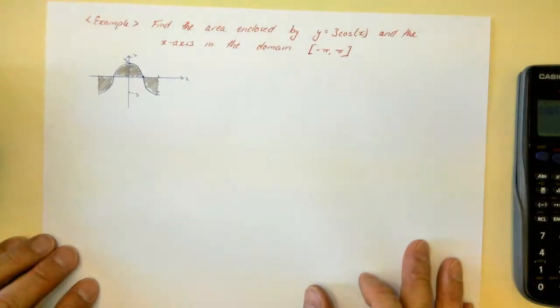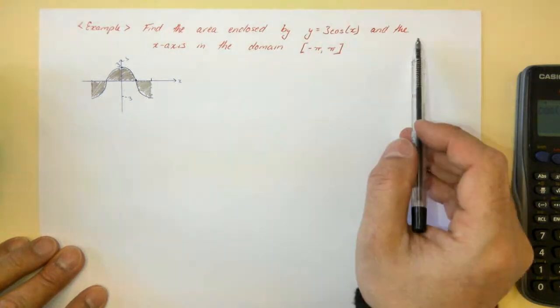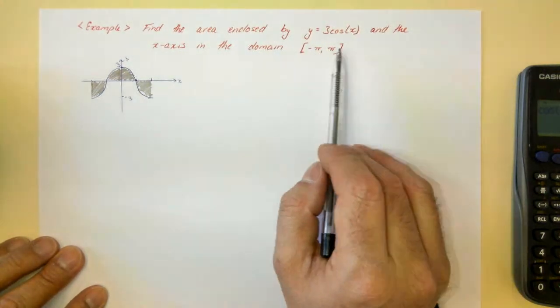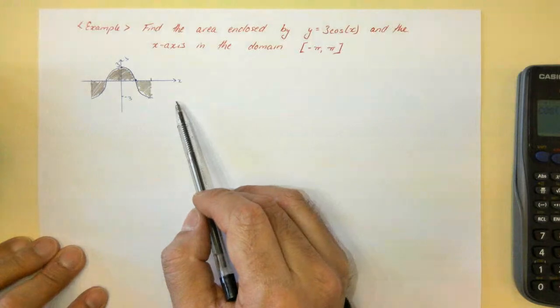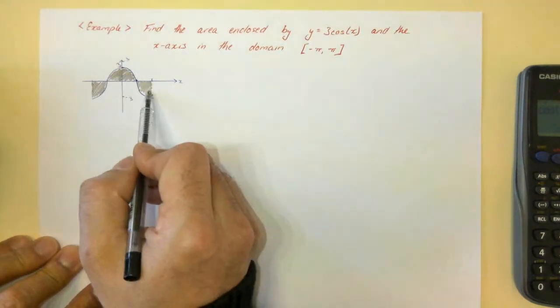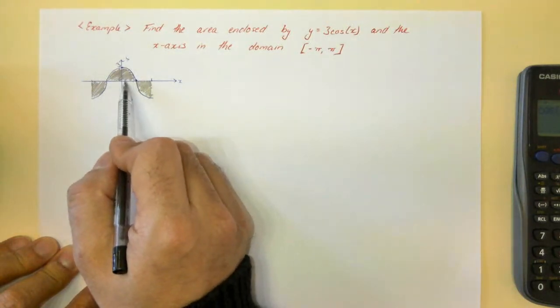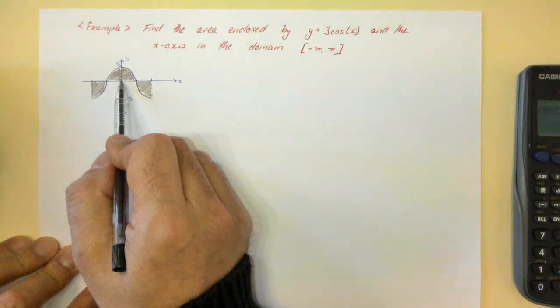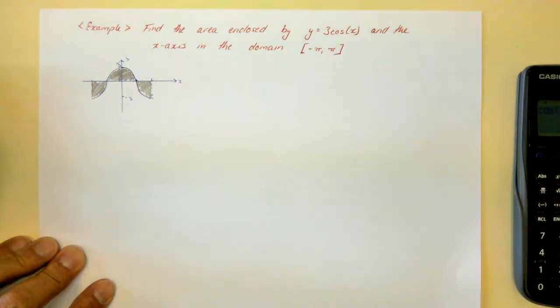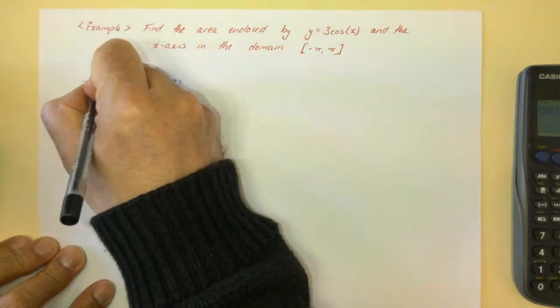Here's our last example. We want to find the area enclosed by 3 cos of x, and the x-axis in the domain from -pi to pi. So here I've drawn it. I notice that these two will cancel out, and these two will cancel out. So really, because it's symmetrical, I really want to basically get double